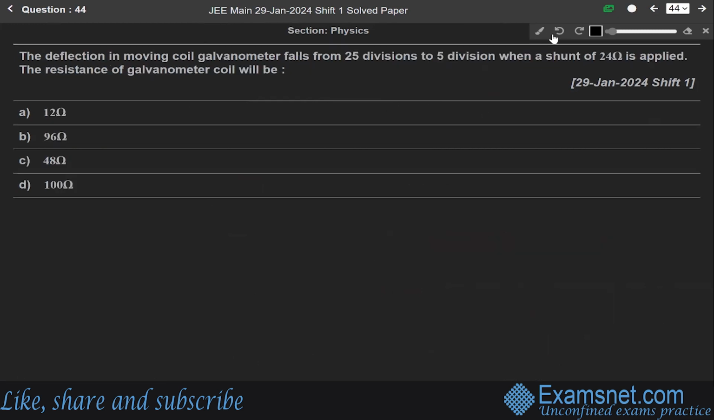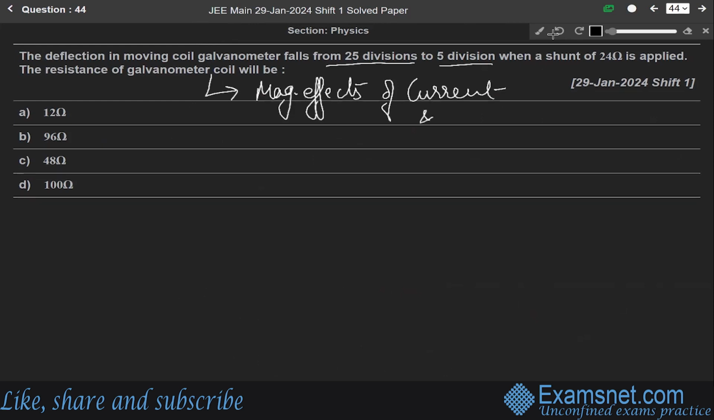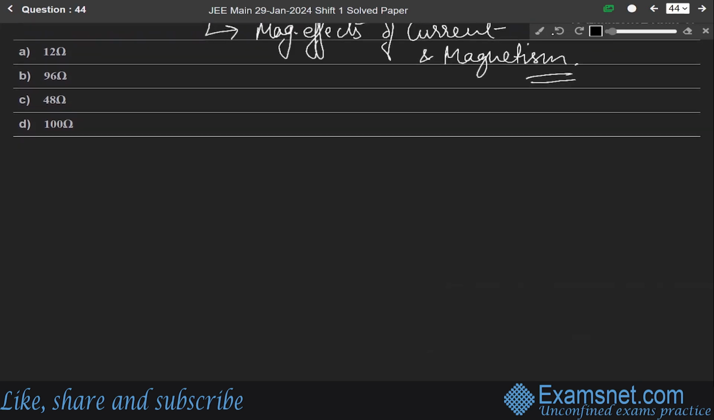Now next question, question number 44. This question says that the deflection in a moving coil galvanometer falls from 25 divisions to 5 divisions when a shunt of 24 ohm is applied. The resistance of the galvanometer coil will be. So student, this question is again from the chapter of magnetic effects of current and magnetism. Now, according to this question, when no shunt is applied,